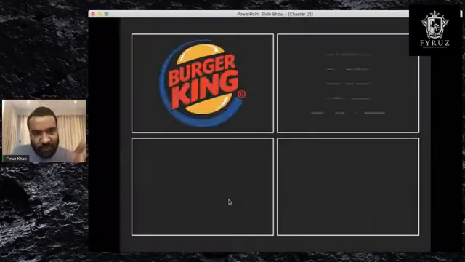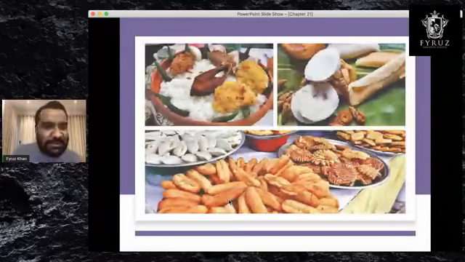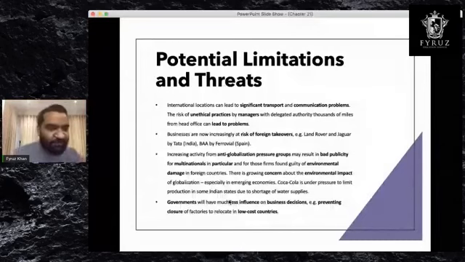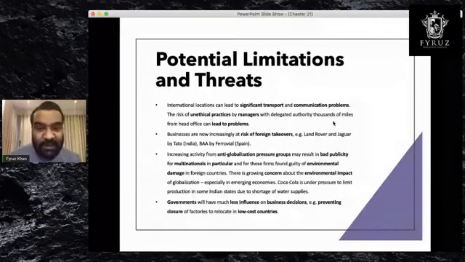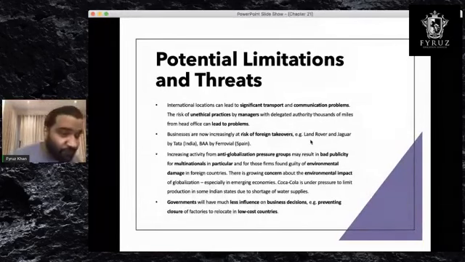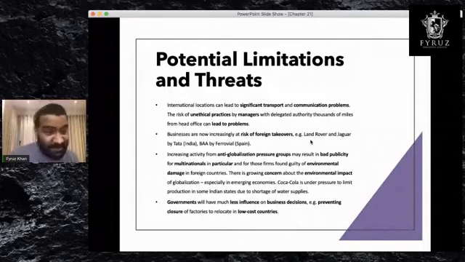Okay, and we've talked about this. Yes, we've talked about our local cuisine. You will have problems with communication, you will have problems with transport, because you're not close to each other. Yes, there will always be a communication gap. A very good example is Land Rover and Jaguar. I'm sure most of you have heard about Range Rover, Jaguar cars. It has been taken over by this Indian company called Tata. Tata has a huge influence over England, because they used to be a same part